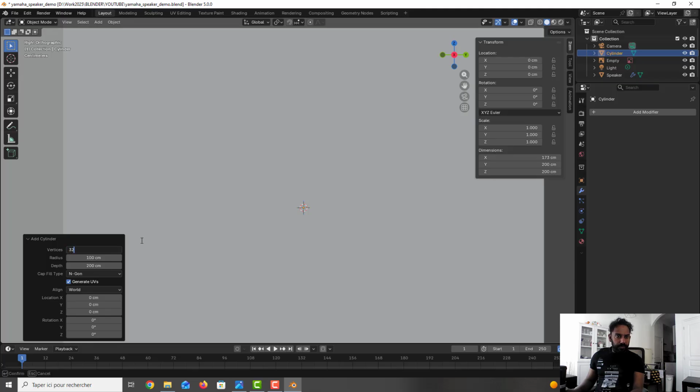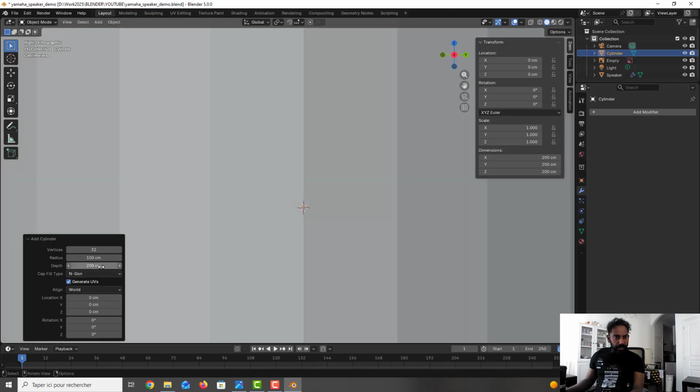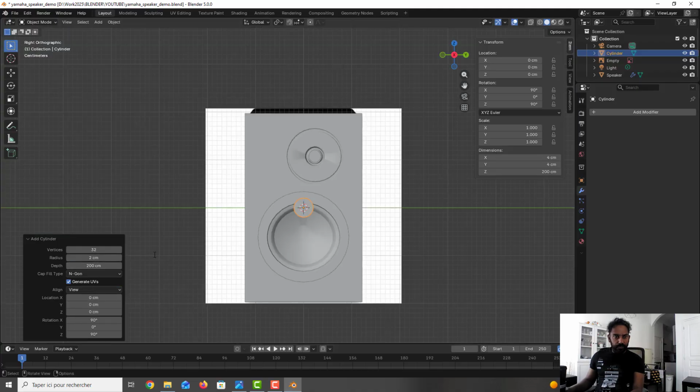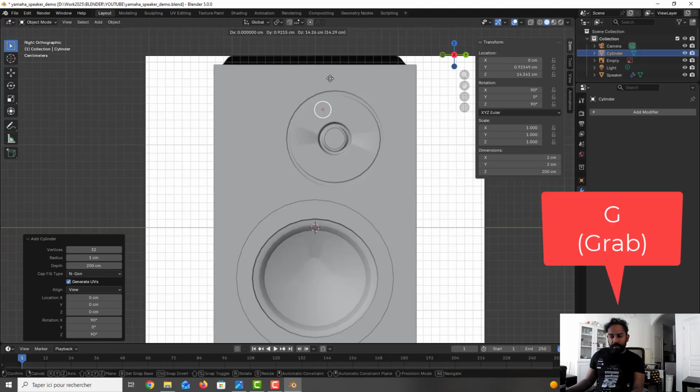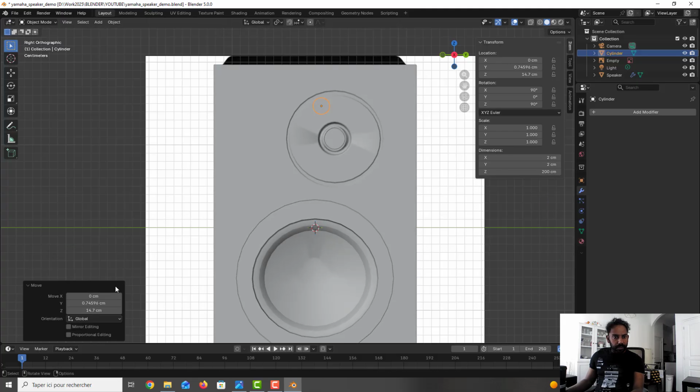we can put 32, and we can make align to the view. We can make the radius to 2, for example. We can reduce more because it's really small. So I press G like this, and we can reduce more, so I will put 1 and 1 like this. Okay,